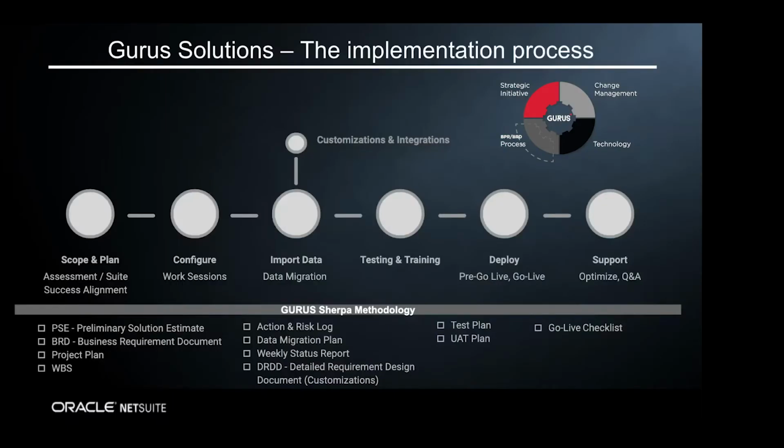Every project begins with a scoping and planning stage to ensure that we gather requirements specific to your business and plan the project appropriately across each business process with your process owners. This allows us to produce a detailed project plan so that you know how our teams will be able to work together and share the workload throughout the project in order to balance time, budget, and schedule appropriately.